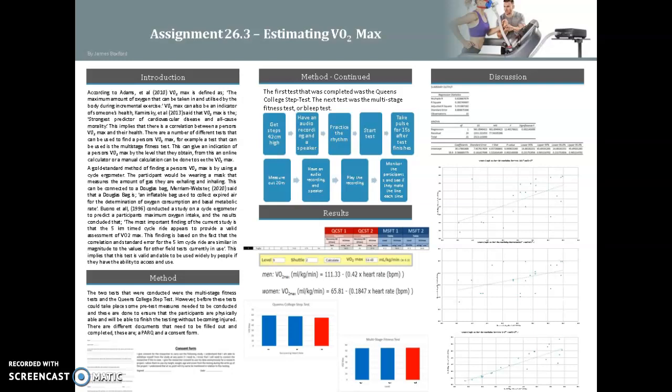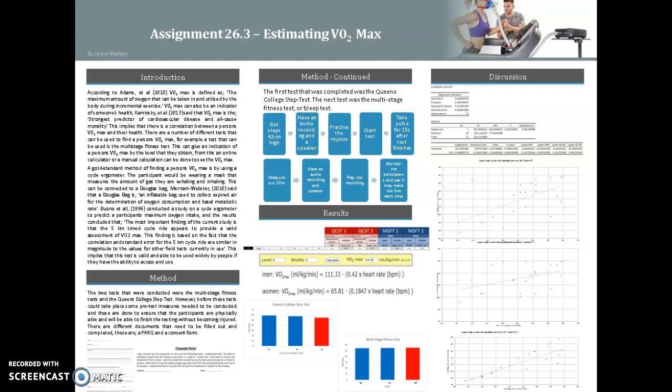From this, you write down all of the results, and then a calculation is made to identify the participants' VO2 max. It is important that you give the participants at least 5 to 10 seconds to find their pulse, as some people have faint pulses, or they aren't able to find their pulses quickly. But yeah, 5 to 10 seconds is adequate time for them.